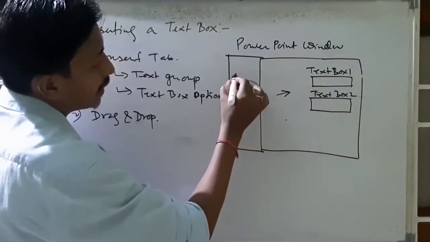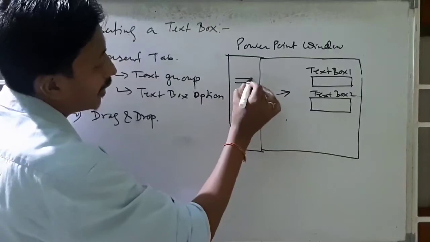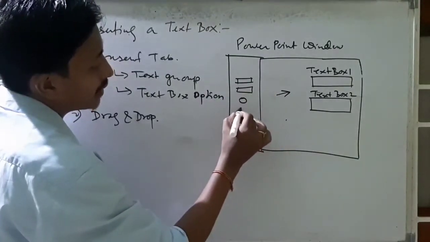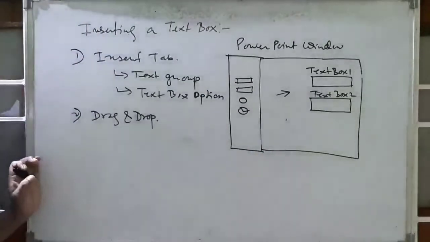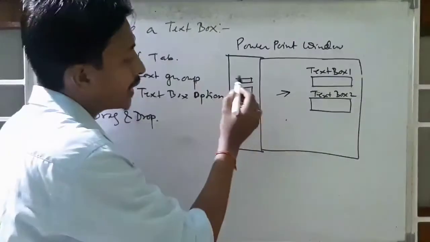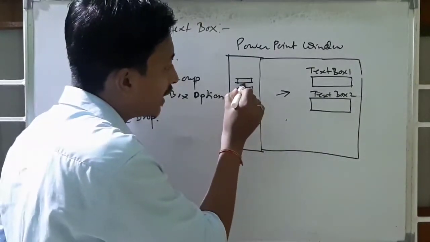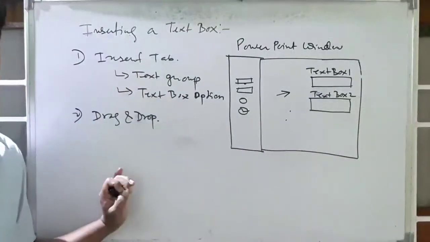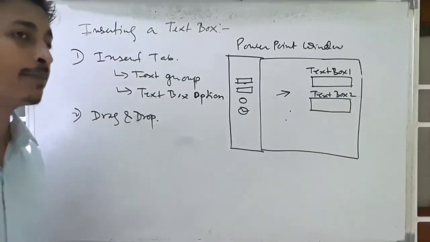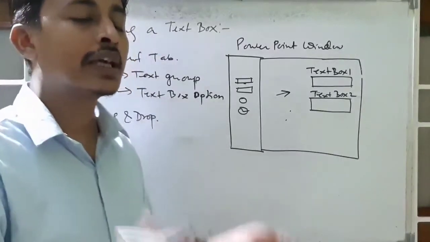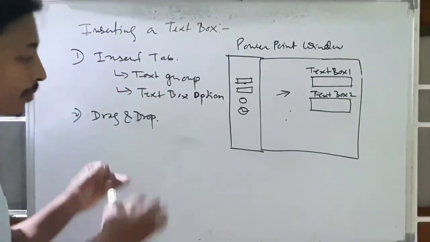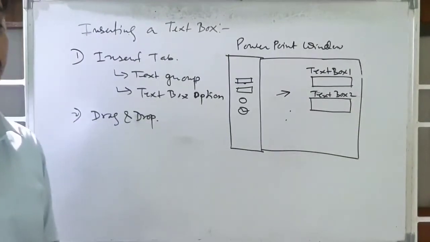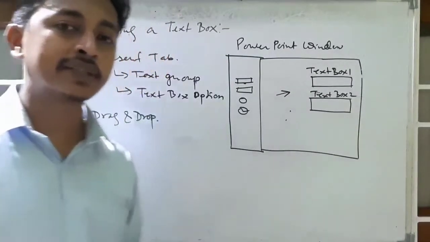For example, here in this corner of the PowerPoint window, some of the text box, buttons, radio buttons, checkbox, these are available. So okay, now you want to insert a text box, just you drag and place anywhere in the slides. This is very easy. But in programming language, say in C++, if you want to insert a text box, you have to write the codings. Okay, you have to write the codings when you insert a text box, when you insert a button.